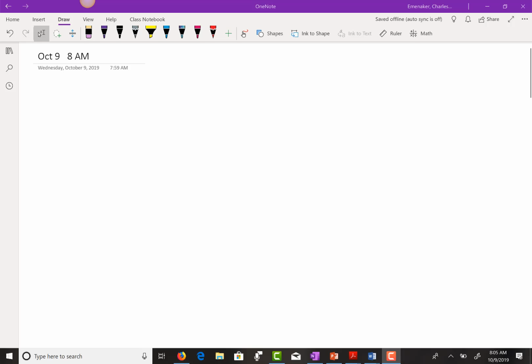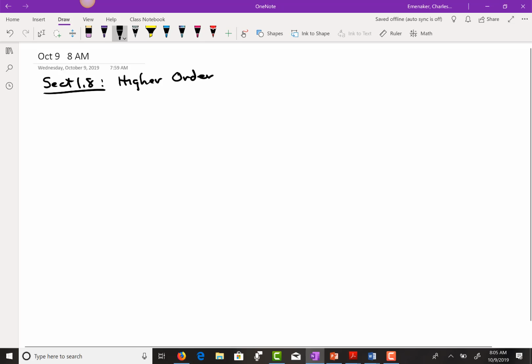Section 1A is titled Higher Order Derivatives. I'm thinking we'd already done some of Section 1A. Is that accurate? Okay. We had talked the other day about the idea that drop a rock and you can